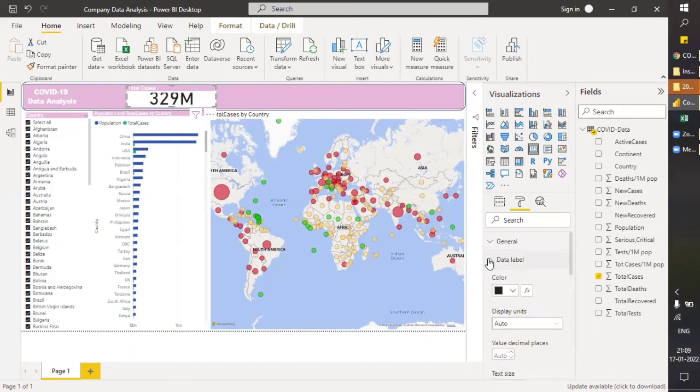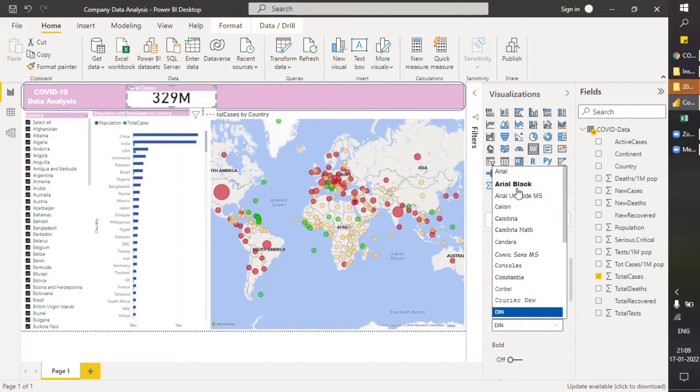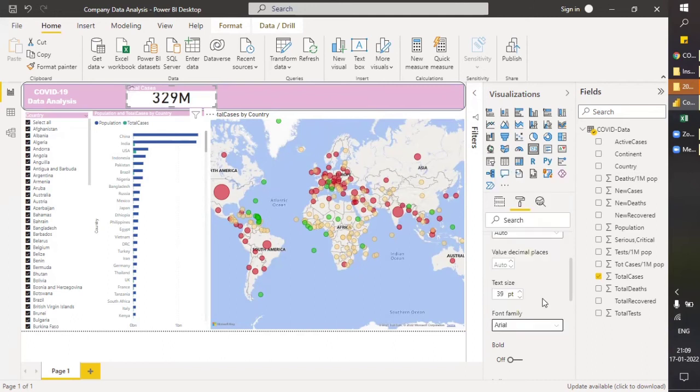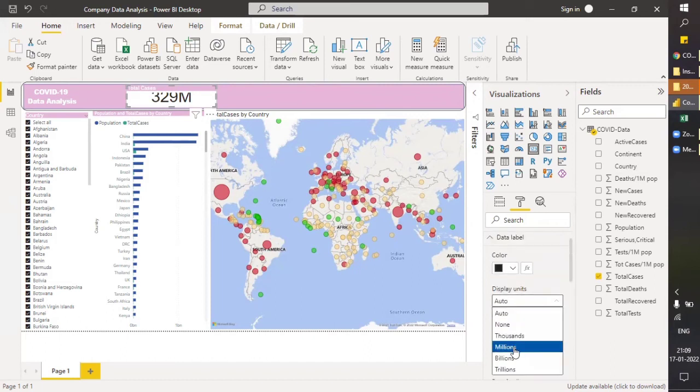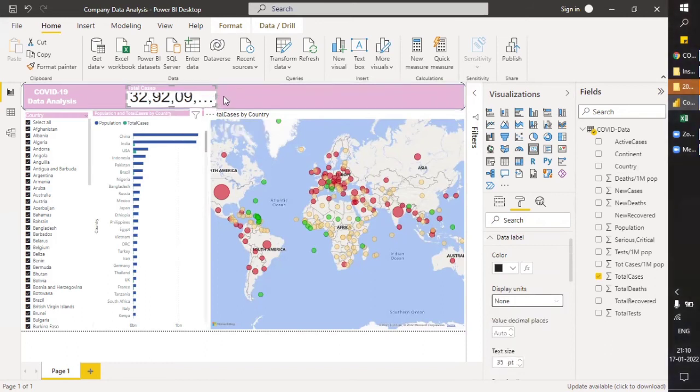Value. It should be Arial. And it should be in millions. Let's make it none, so that we will have the exact figures.